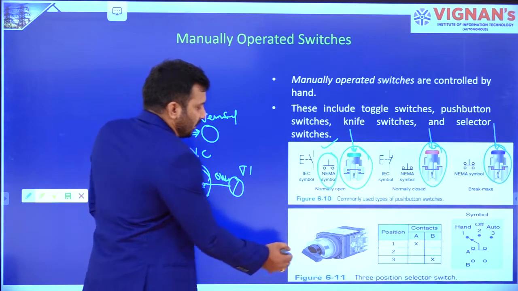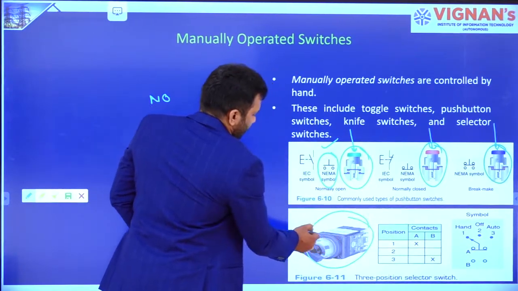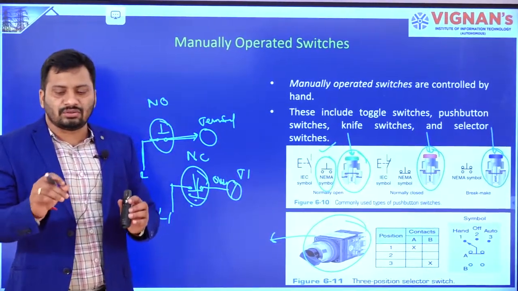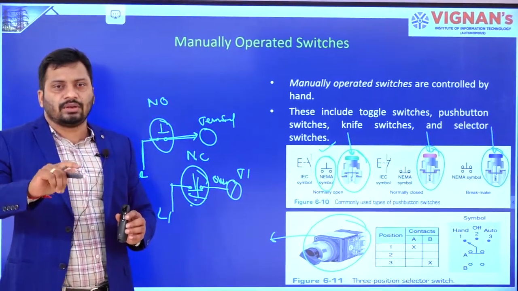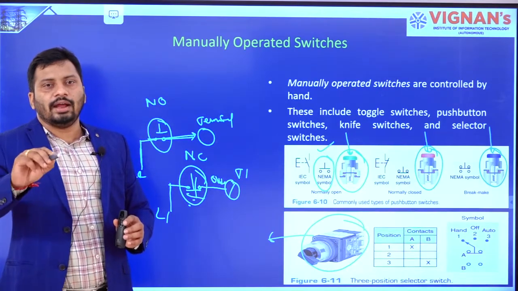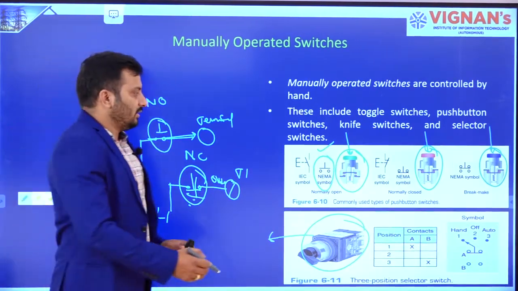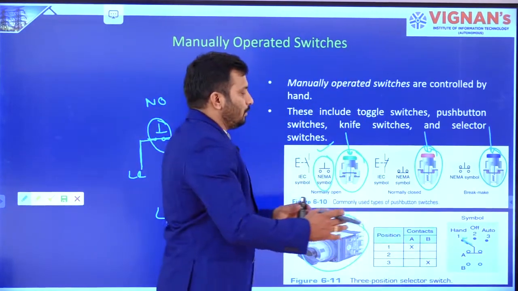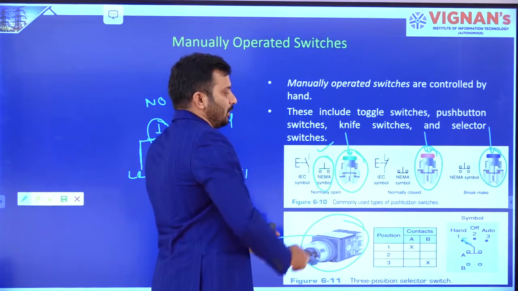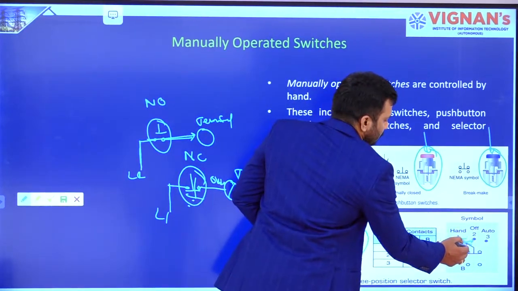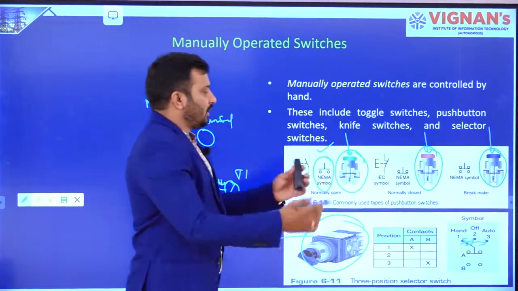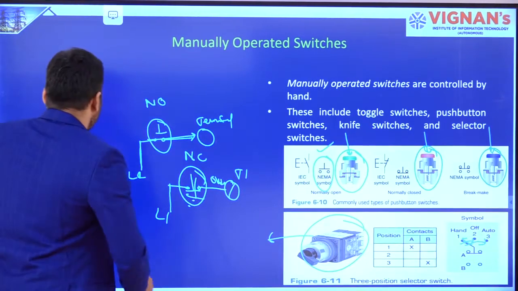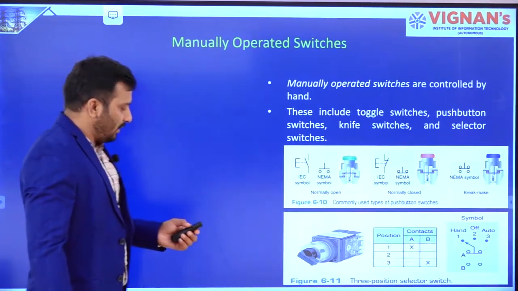Then another switch is normally present on the front panel of the CPU. This is a three-way switch. You can place it in off, on, and auto mode also. Like that, you can connect three ways, right. While writing the program, we place it in that particular position. Like that, you can switch to this position, like that you can switch. It's a 3 terminal switch, right. So these are the manually operated switches.